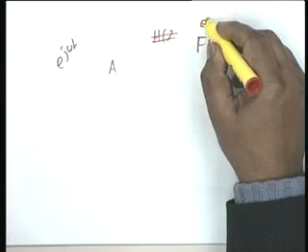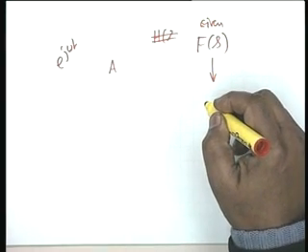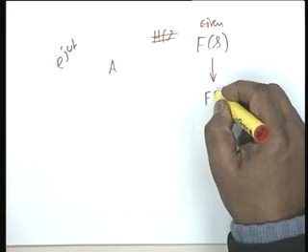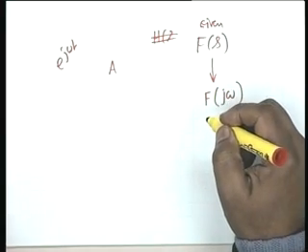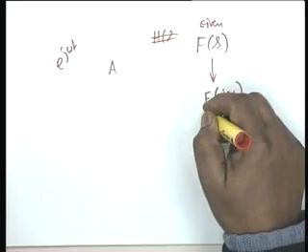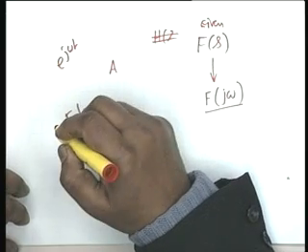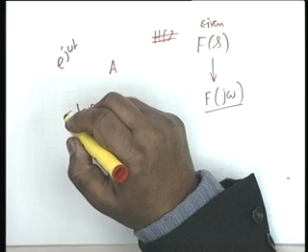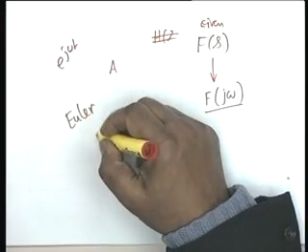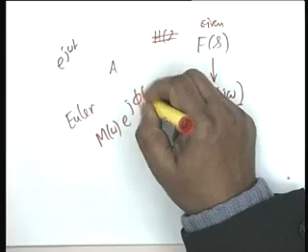Now given f of S, we can of course find how it behaves on the j omega axis. You simply put S equal to j omega. Okay, and we shall see that this function, which in general is a complex quantity, can be described by its amplitude and phase in one manner, or by its real part and imaginary part. The amplitude phase description is the Eulerian description, Euler, E-U-L-E-R, that is a polar description. Amplitude and phase, that is we write M of omega multiplied by e to the j phi of omega.